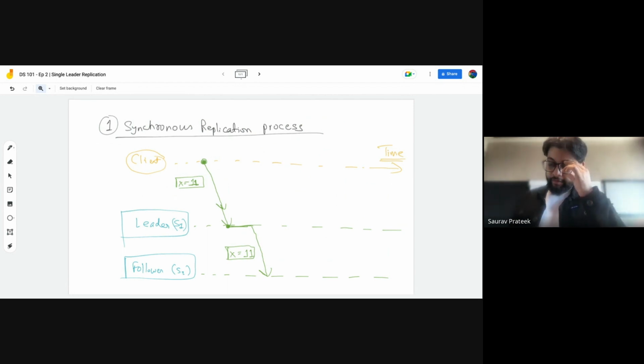So the follower got the request from the leader, and now the follower performs this request. So here it performs the request, and once it is successfully done, it sends the acknowledgement back to the leader, right? Now, once the leader got the acknowledgement and once the leader is done with its own changes as well, whatever changes it has done,